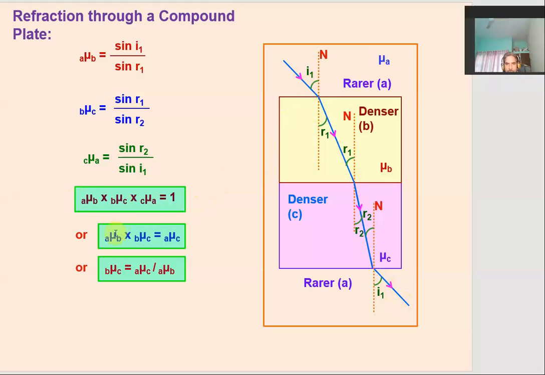And from here, whenever this third term is taken on the right hand side, it becomes 1 upon mu AC. Reciprocal of that is mu CA. So that is what is done here. Whenever this term is taken on the right hand side, it will be dividing 1. So it will be 1 upon something. Left hand side, it is the same thing, right? Okay. So it will be equal to 1 divided by